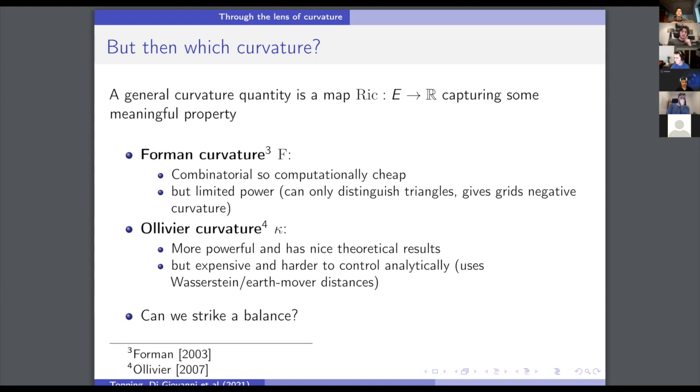So can we find, ideally, a balance between the two of them that can retain some computational tractability, but be more powerful in terms of expressivity than Forman? But note, a disclaimer I have to make, that all the stuff I'm saying and the relation between curvature and quotient can basically work with any curvature definition, provided that this curvature definition captures some properties related to volume growth and dispersion of edges, as you're going to see in a minute.